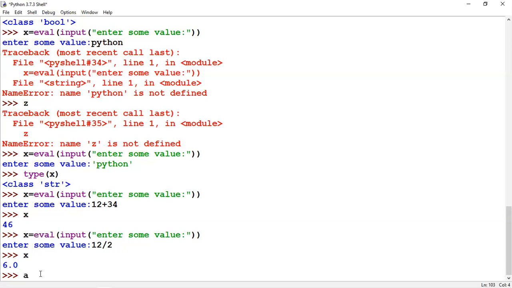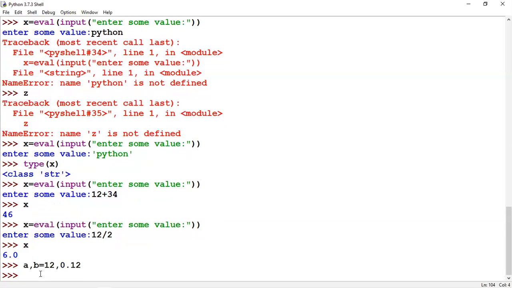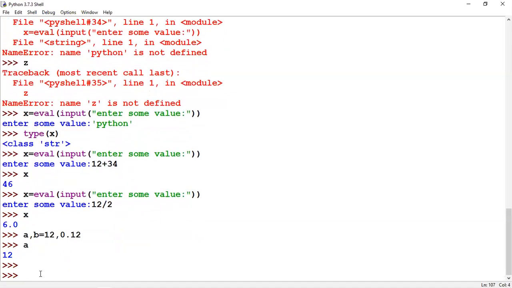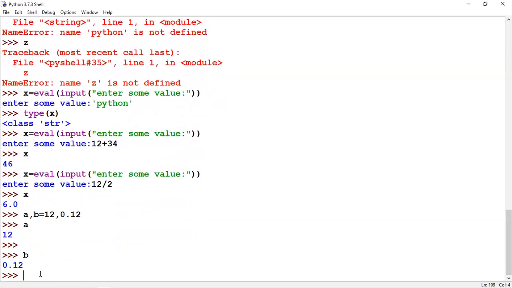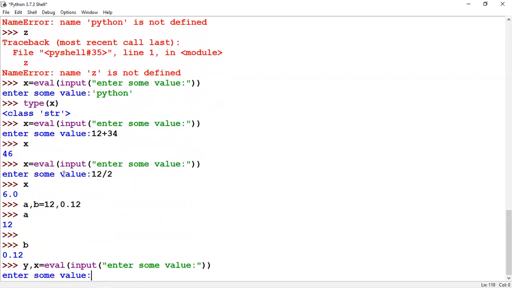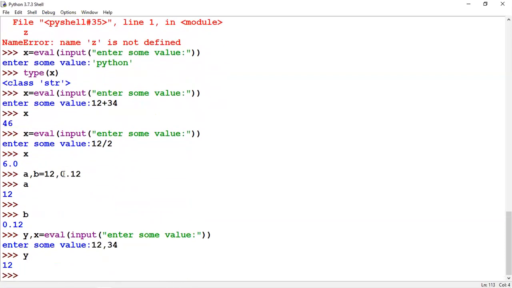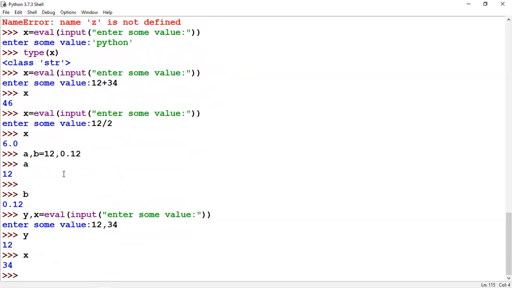See, a comma b equals 12 comma 0.12. So the a value is 12 and the b value is 0.12. Now here, what I am going to do is y comma x, so 12 comma 34. So the y value is 12, the x value is 34.